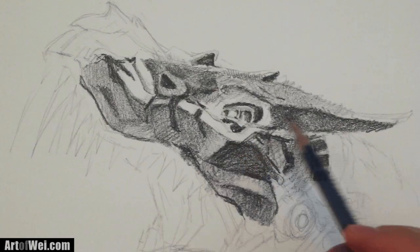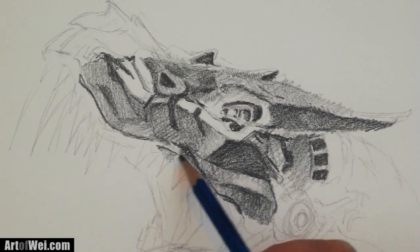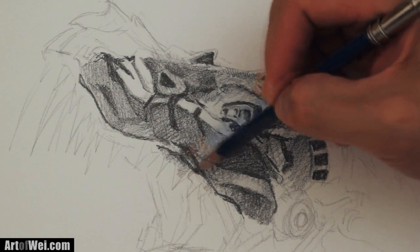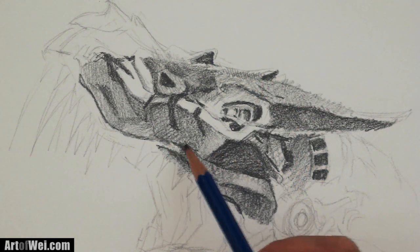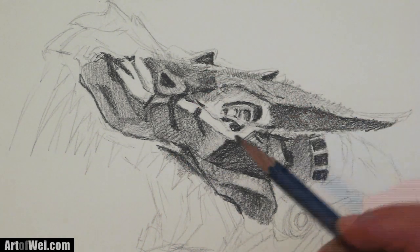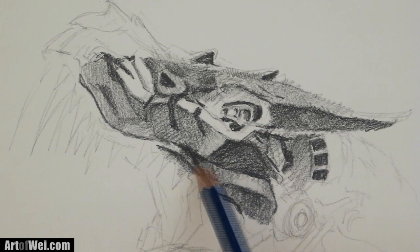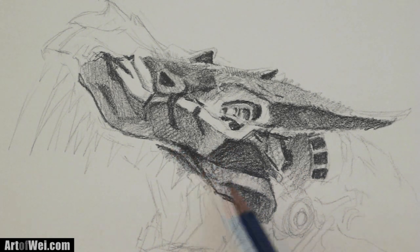Okay, let's get back to here. Now, one way to bring things out is, if I make this edge dark, all of a sudden this edge, this area looks like it's coming out, right? Because whenever there's a dark edge, you feel like it's receding. So right here, this is receding, right? This is going in, and this is actually over it. So that's how you create